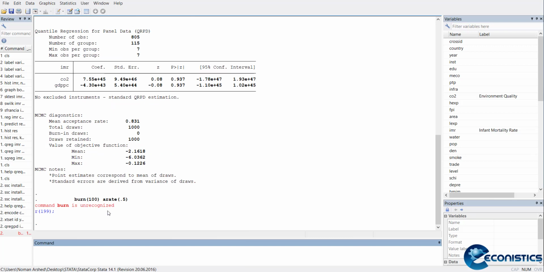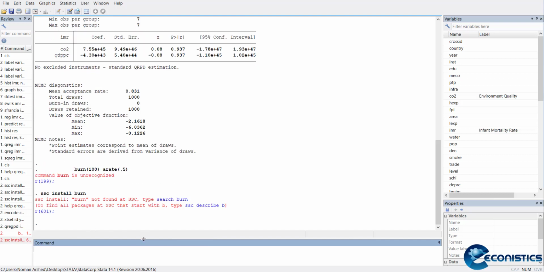The command burn is not recognized. What has happened is that burn was in the second line, so it was considering it as a second command.